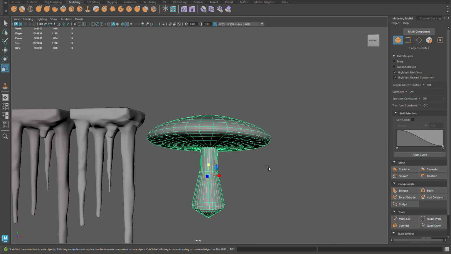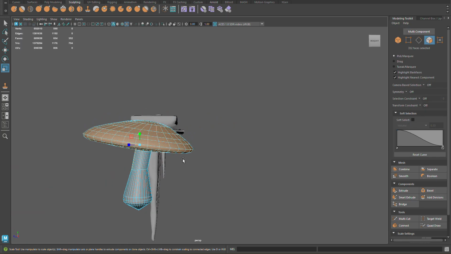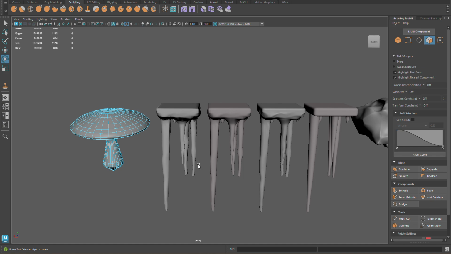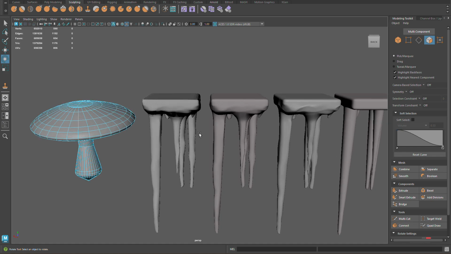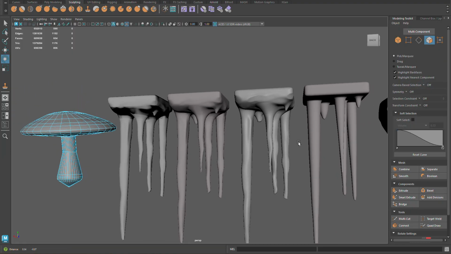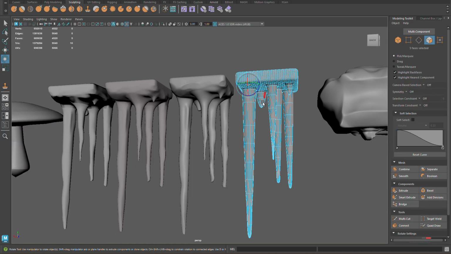Maybe make the tops, grab the top and then we'll see if we can angle it up, different sizes and stuff like that. But that'll be for an ambient light source that we're gonna put in there. That was just made from a simple cylinder and started smushing it down. For the icicles, we made